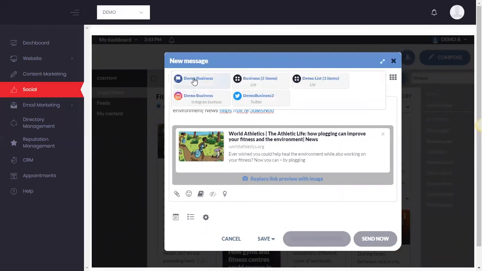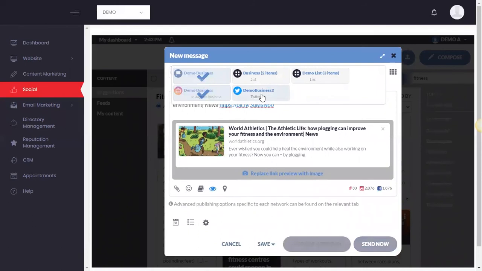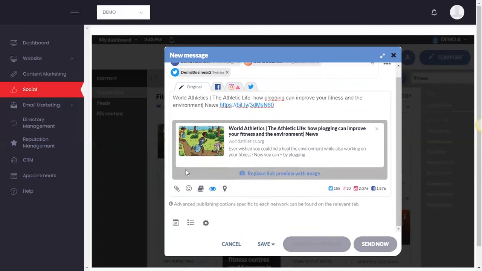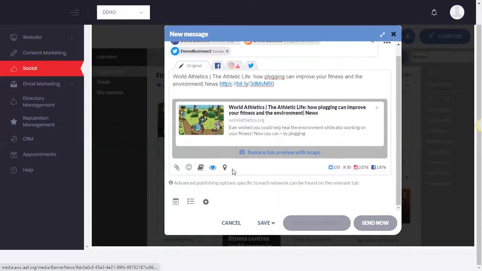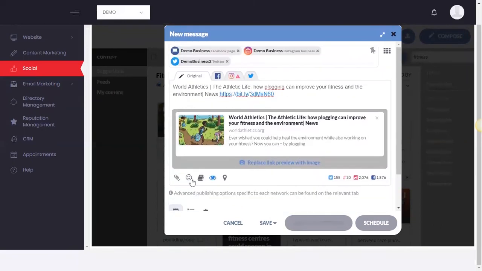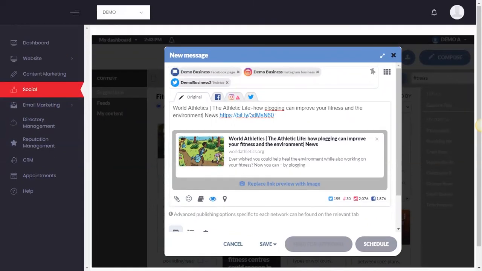I select my services just as before. I can then come in, and I can edit the content all I want. If I want to add some hashtags or whatever I want, I can replace my images on these posts. And then, again, I can send now, I can send for later, I can, by scheduling it, set up approval processes, all of those types of things in here as well. And I can also add images and videos right through the platform. So again, a really great way to manage this and find new content to post on a regular basis.